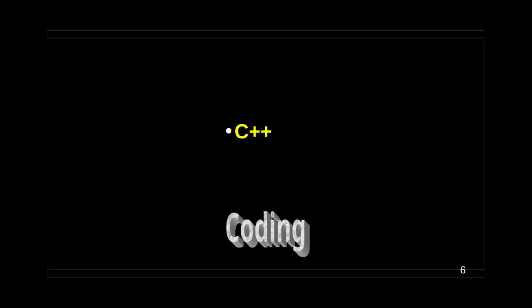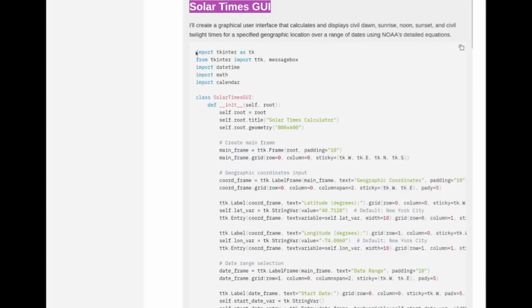Qwen can generate code in C++, Java, Python, or many other languages. Here are some examples. Let us now turn our attention to coding. Let us ask